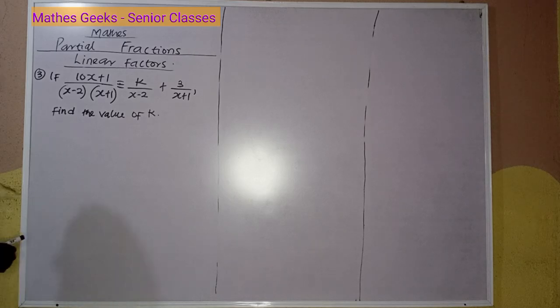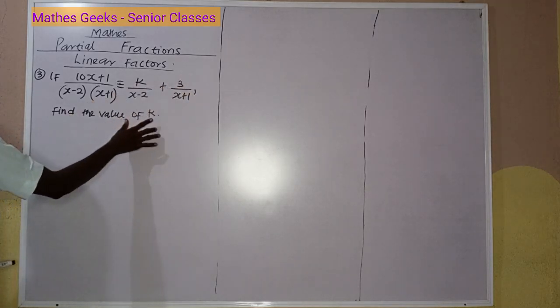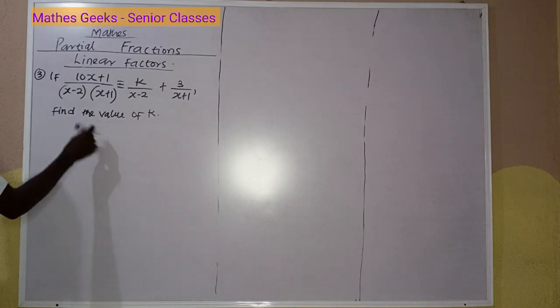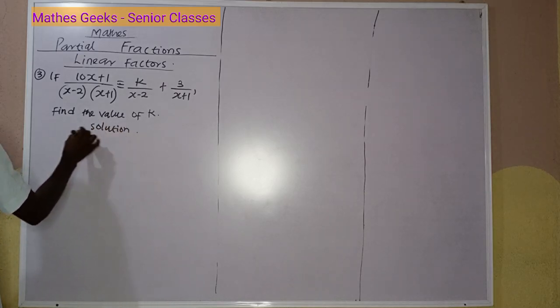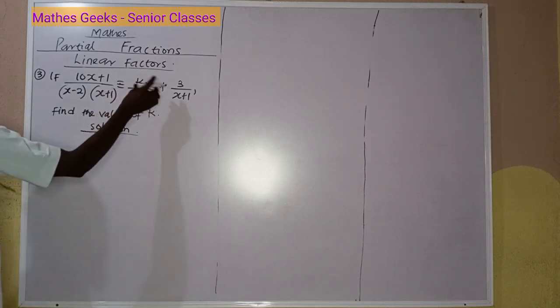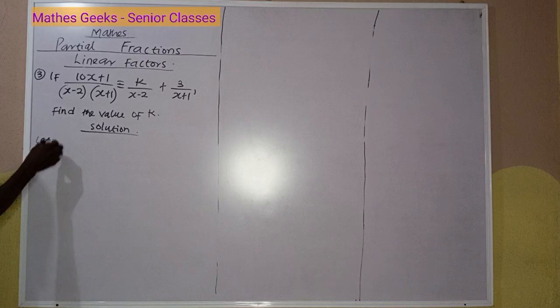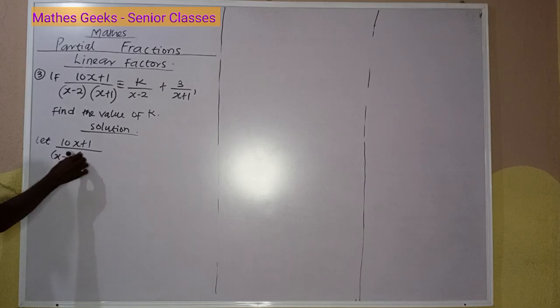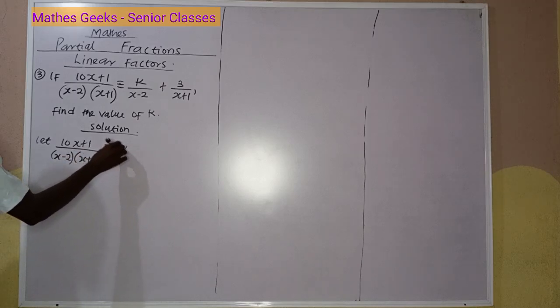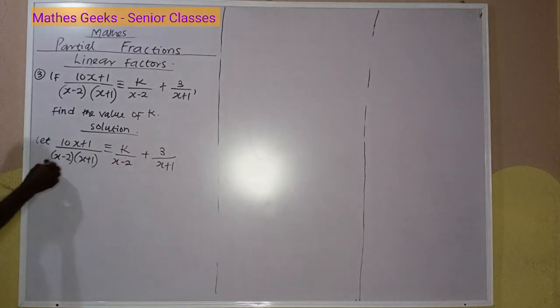If (10x plus 1) over (x minus 2)(x plus 1) is identical to k over (x minus 2) plus 3 over (x plus 1), find the value of k. Solution: I want to find the value of k, which makes up the parts of this fraction. So (10x plus 1) over (x minus 2)(x plus 1) is identical to k over (x minus 2) plus 3 over (x plus 1). So, multiplying through